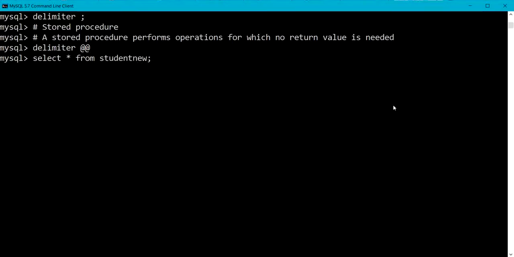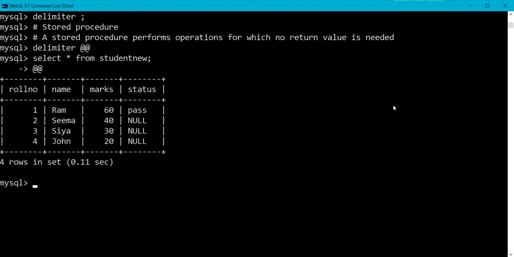I have given name to my table as student new. Okay, I have changed the delimiter, so I will have to use the changed delimiter here. So here I am having student new table having roll number, name, marks and status. So I am going to write a procedure to change the status of student as per marks.